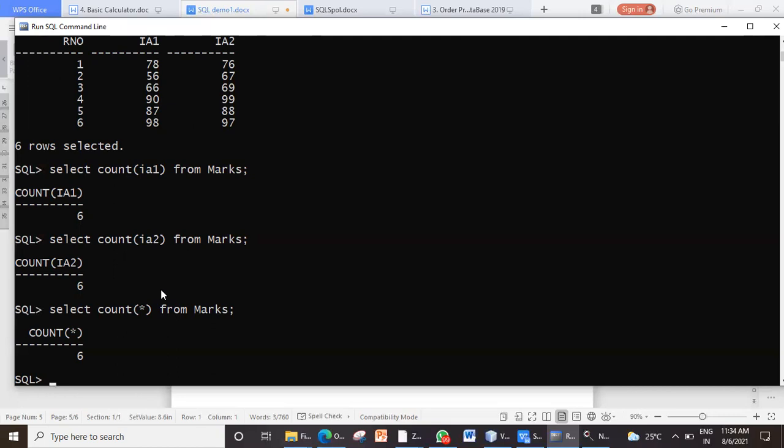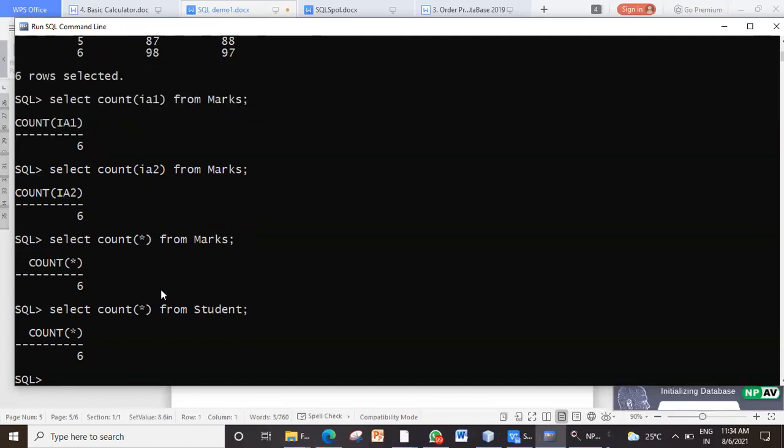So if the query asks you to count the number of students who are admitted, you will count these values from the student table. You can just say select count star from student. For count, your field name need not be numeric. You can just say count star. Star means any field. It will take any field into consideration and display the number of records in that particular table. Similarly, when you have 10,000, you can even find how many records are there.